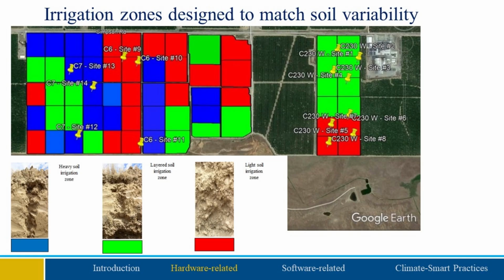If you look at these soils, they vary from the red ones, which is a light soil, to a blue one, which is a heavy soil. They hold water in different ways. And so if you farm them the same way, you'll be losing water and nutrients. They'll be just going down below the root zone. And you'll not be as productive.